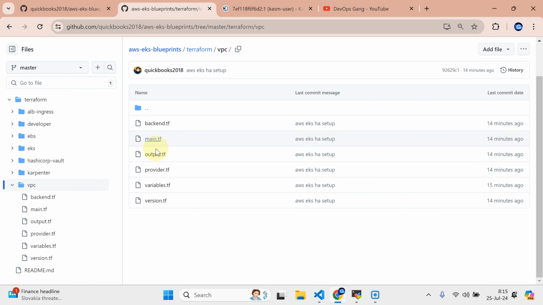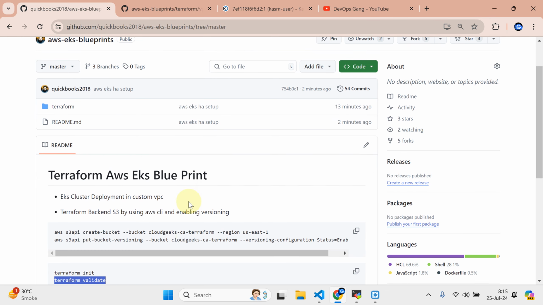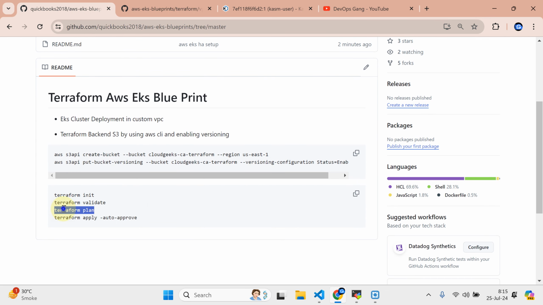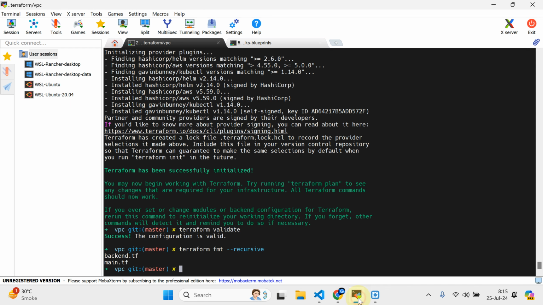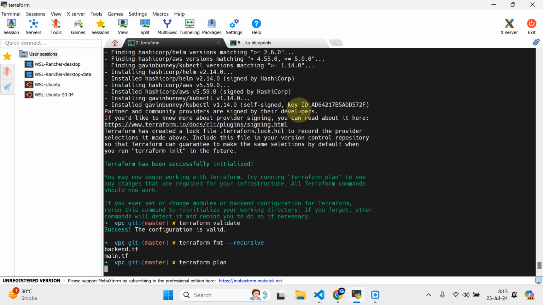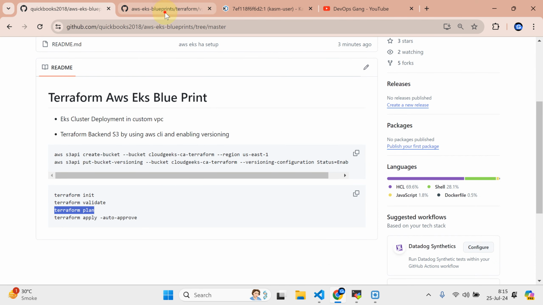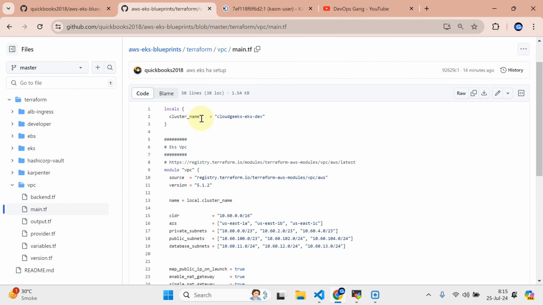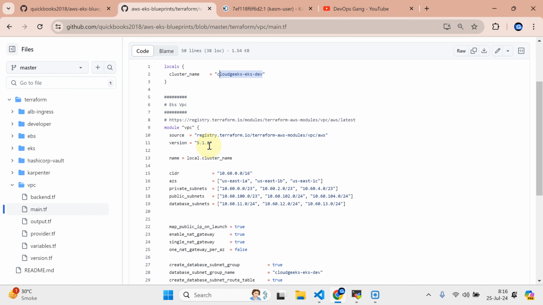Okay, we are discussing VPC and main.tf. Another command is going to be terraform plan. So let's run that terraform plan, and we will be discussing the next steps regarding the main.tf. I've set up the local cluster name, and I used the same name, cloudgeeks-eks-dev. Definitely you can use your own name. This is the cluster name I've added here, and I'm going to add it as the VPC name here, because this is the managed module available